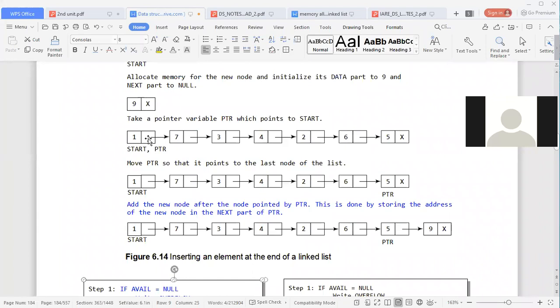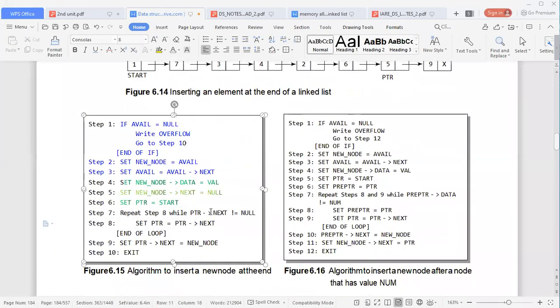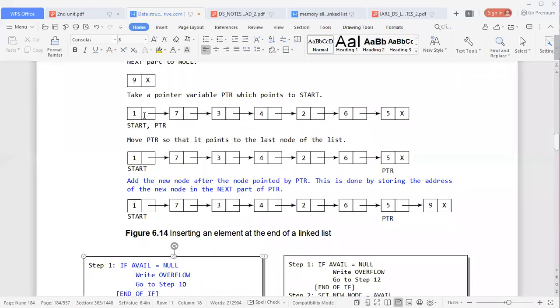7, sir. 7. So this is compared with null. It may not be equal. So like that we are supposed to reach till here. And whenever the pointer points to this node, is pointer next null or what? Pointer next equal to null for this node? Yes, sir. So pointer next not equal to null. While pointer next is not equal to null, set pointer equal to pointer next. As long as it is not null, what are we doing? This is 7, so pointer equal to pointer next. That means move our pointer from 1 to 7.